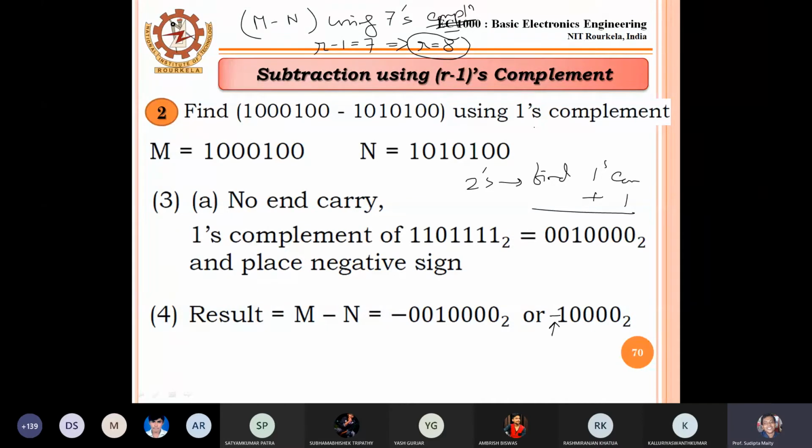So try to select two CRs, those who are active in the WhatsApp group, so that the information can be circulated within 2 or 3 minutes. Decide by yourselves and tell me in the next class.